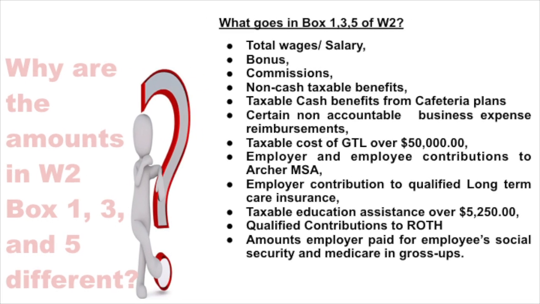Now, box 1, 3 and 5 contain wages that are subject to tax. All earnings except anything exclusively excluded by law is subject to federal income tax and FICA tax. So this is what is reported in boxes 1, 3 and 5: your total wages, salary, bonus, commissions, non-cash taxable benefits, taxable cash benefits from Cafeteria Plans, certain non-accountable business expense reimbursements, taxable cost of group term life insurance over $50,000,